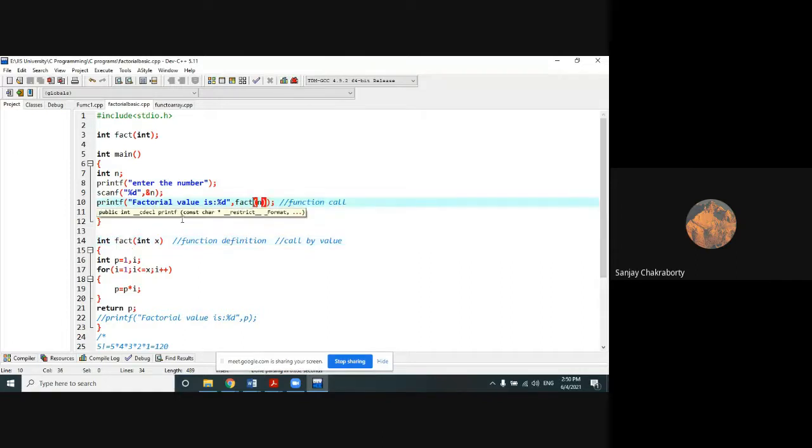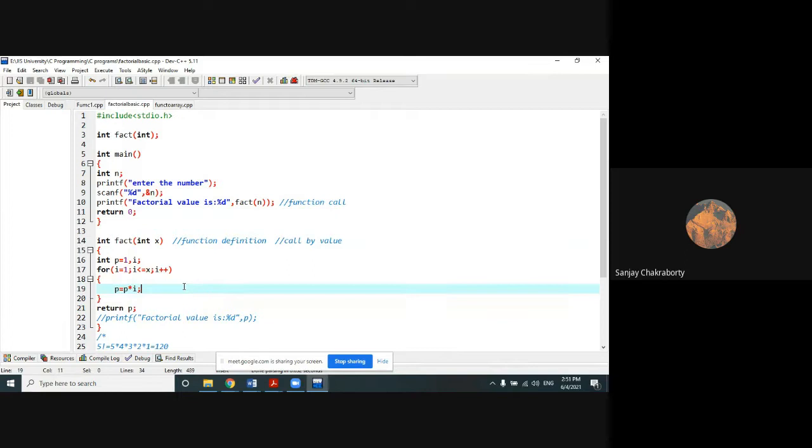So the receiving variable at the time of function definition should be different from the calling variable at the time of function call. Then it is a good practice.